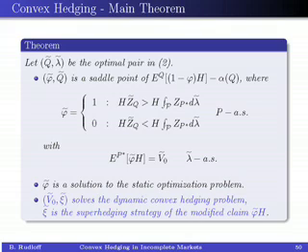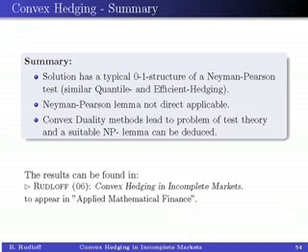that to get the risk minimal hedging strategy, you will have first to solve the static problem and then find the super hedging strategy of this new modified claim. So as a summary, we also find that our solution to the static problem will have this typical 0-1 structure,